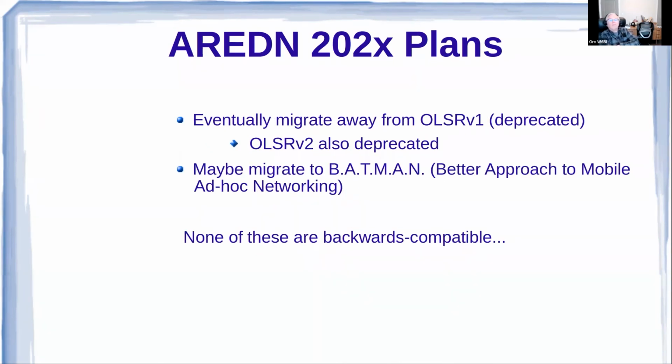I've talked about the problems with OLSR v1. The developers deprecated it a number of years ago and went to OLSR v2. It also had its problems and it was deprecated. So they're thinking about migrating to Batman. Better approach to mobile ad hoc networking. There's a nice description of it in Wikipedia. Unlike OLSR, which is layer 3 routing, IP routing, Batman is layer 2 routing at the MAC layer. So you have to add your own layer 3 on top of it,